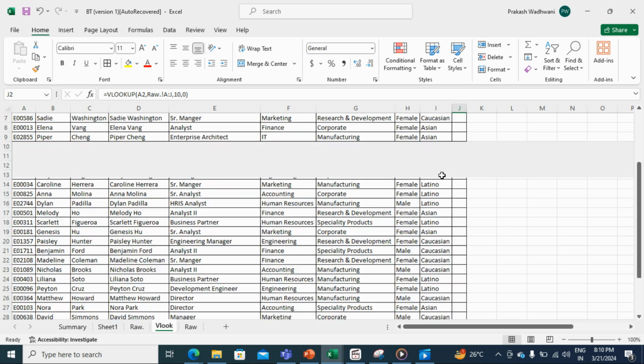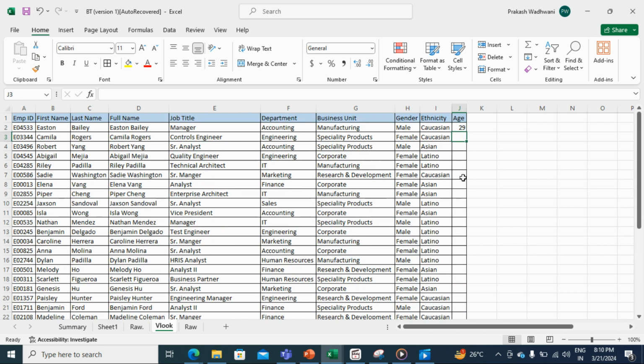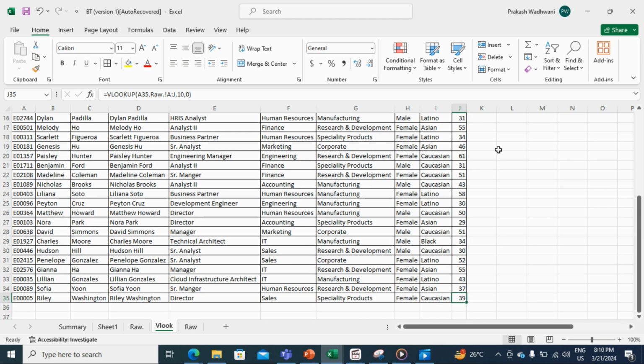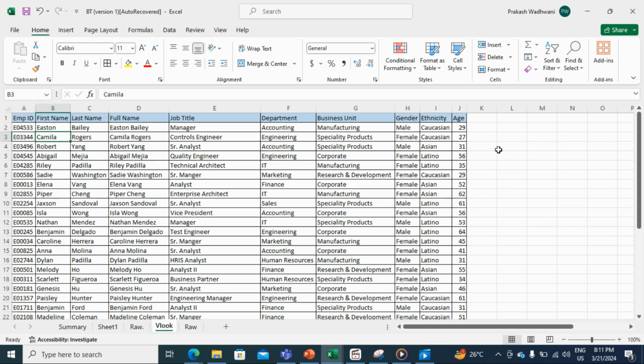So I need it for all the users. I'm not going to use this VLOOKUP again every time. I just double click on it. It's going to drag the value down. You can also drag the formula by Control D, and then